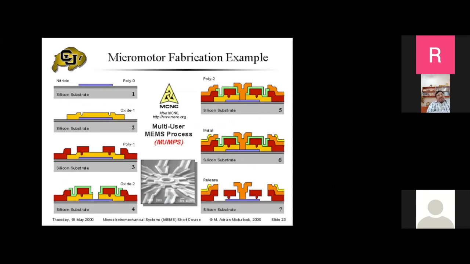So if you want to make a motor, there are several steps needed. I'm showing you 7 steps. Maybe 14 steps or 20 steps are needed to make this motor. So the last picture will show you the cross section, how it looks. Okay. So the reddish portion in between, that is the medium which rotates, the polysilicon medium. Reddish is the polysilicon. The orange is also a metal.